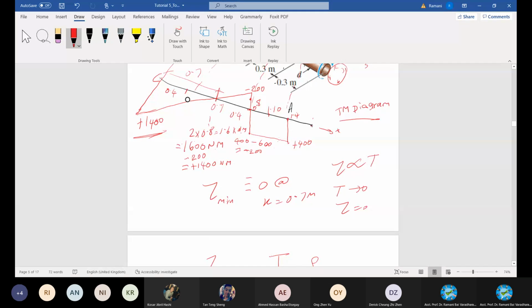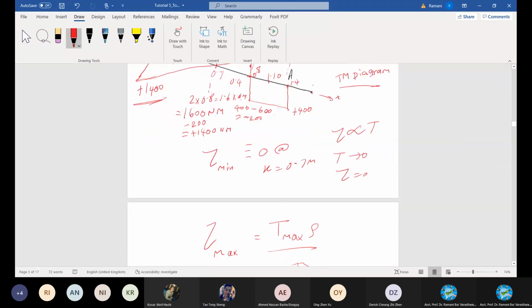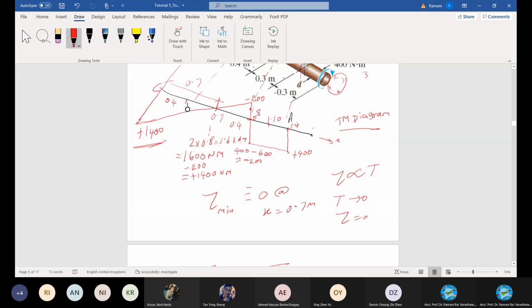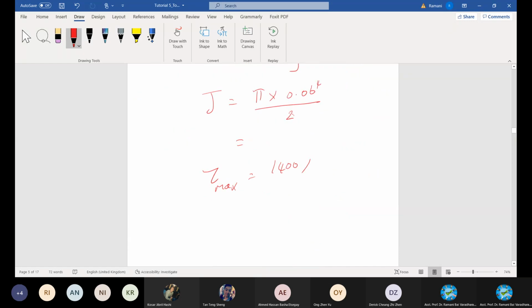How much is the distance? 0.03. How did you find the 0.03? The radius. Very good. On the surface, isn't it? Should be maximum. 0.03